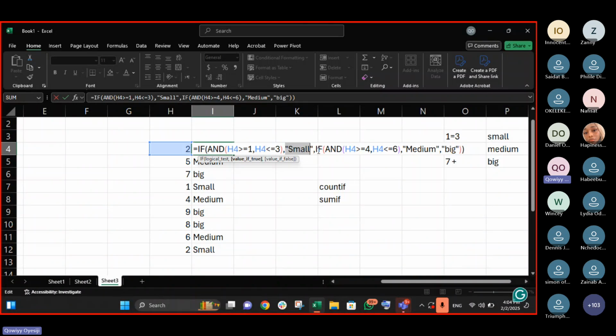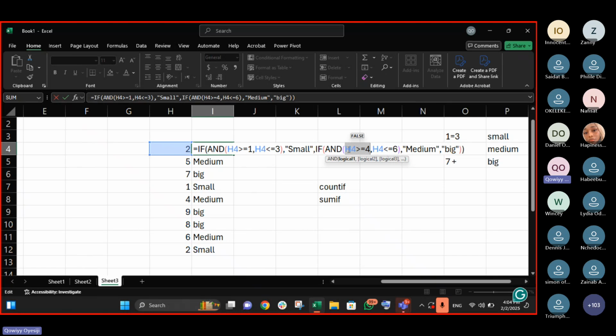If it is false, come and check again. Does it fall between 4 and 6? Is it greater than or equal to 4, which is the lower bound, and less than or equal to 6, the upper bound?